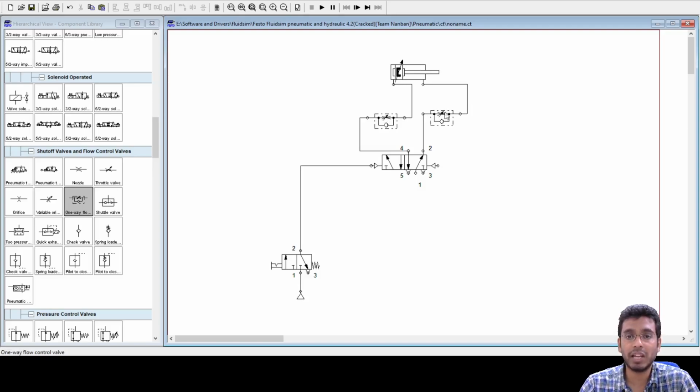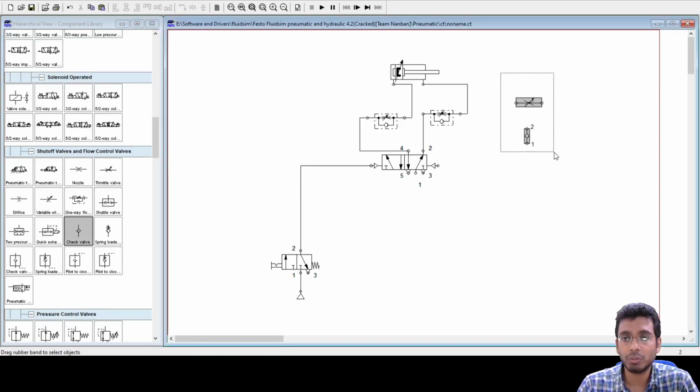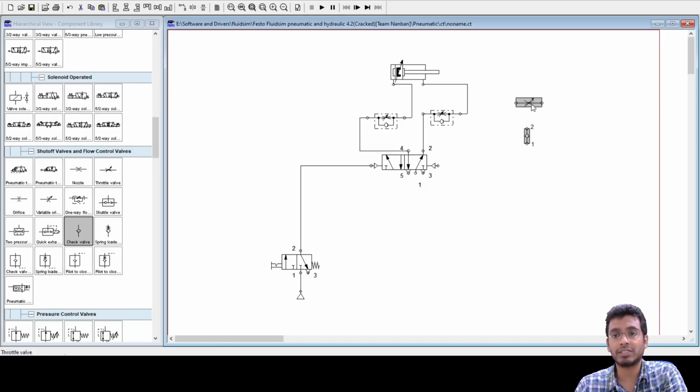Similarly, with this flow control valve orifice opening, you can use a check valve along with this orifice control, that is a throttle valve. So basically your one-way flow control valve consists of two elements. If you see the construction, it consists of a throttle valve and a check valve. Both together are placed in such a way that you get a one-way flow control valve. By adjusting the flow of this throttle valve, this would again result in my double acting cylinder, the retraction speed I can control through this.